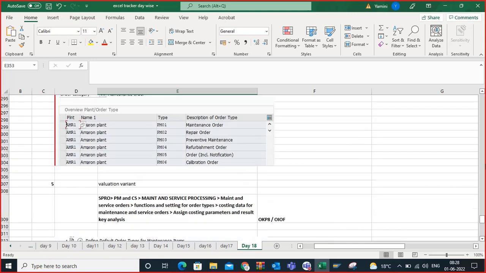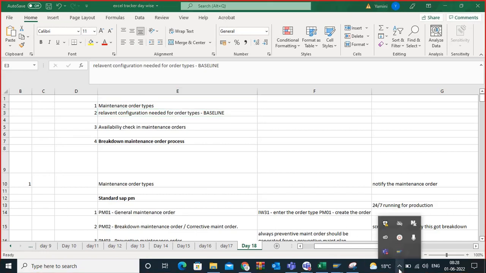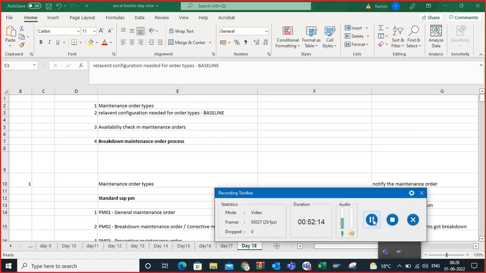This is the overall basic understanding or discussion of these two topics: maintenance order types and the relevant configuration needed for the order types baseline. Okay. So what I will do, I'll